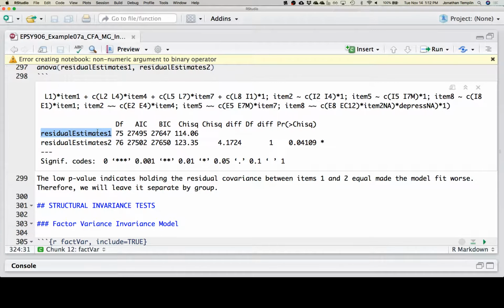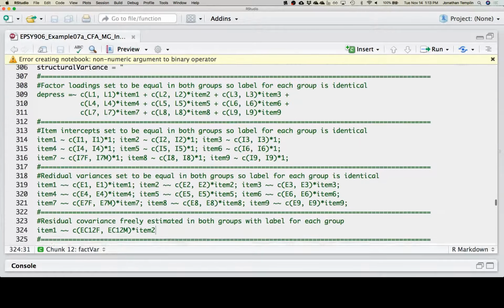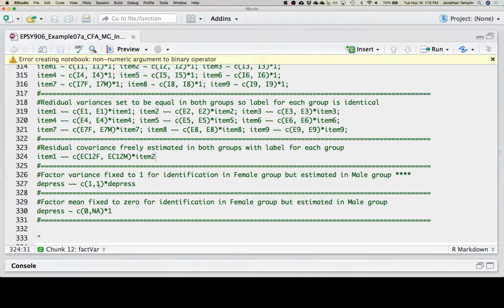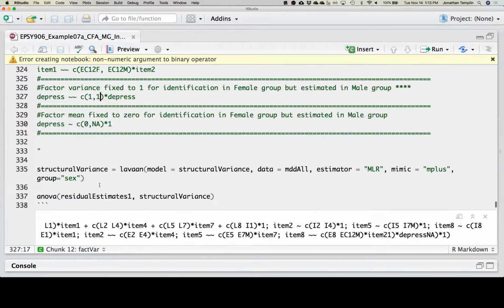Now in residual estimates 1, the variance and the mean for the factors are separate. So if we want to test the variance for the factors, we just constrain the variance. We can constrain the variance to be equal, run that model, and get a test using the likelihood ratio test. So let's think about how this works. The factor variance before was set to be estimated. If we wanted them to be equal, we need some type of identification method, so we're going to set it to be equal to 1. These are the same amount of variance in each group.